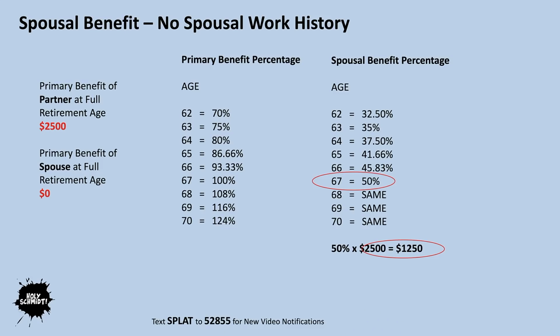The closer they are to full retirement age, the higher the percentage, but not to exceed 50%. If the primary filer's benefit at full retirement age is $2,500, then the spousal benefit, if the spouse is 67, is half of $2,500. In other words, it's $1,250 per month. At age 62, they receive 32.5%, or $812.50. And if the spouse is somewhere in between, let's say age 65, they'll receive